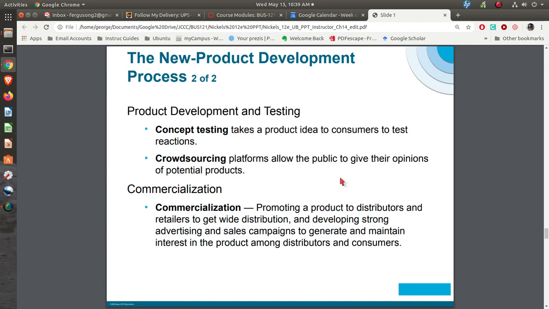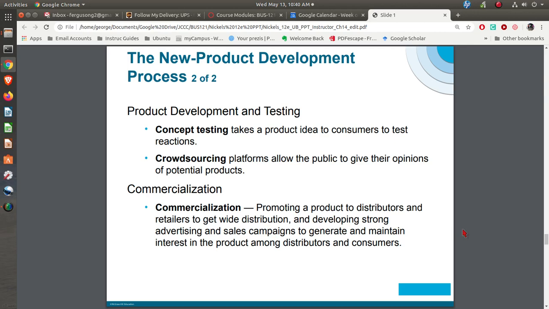In your development, you also need to make sure that you're testing the concept. If it's something that's totally brand new, what are you doing to test it to find out what's happening there? And then what you want to do when you are bringing it out, you want to commercialize it. In other words, think about the promotion and the advertising that you're doing to let folks know about your brand